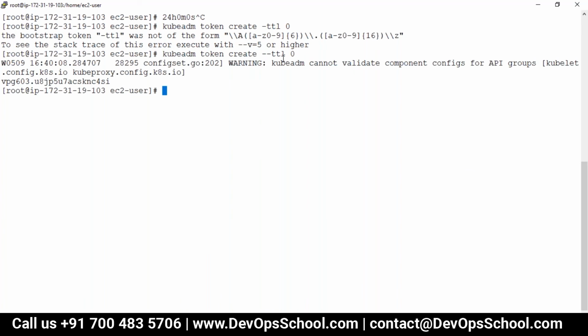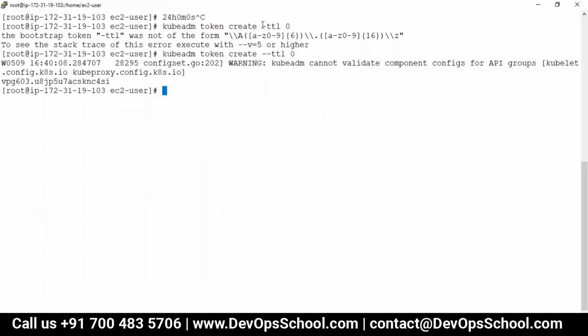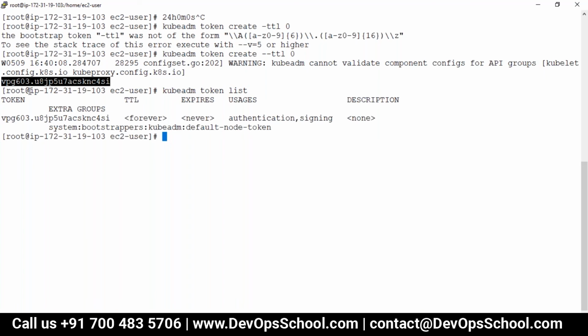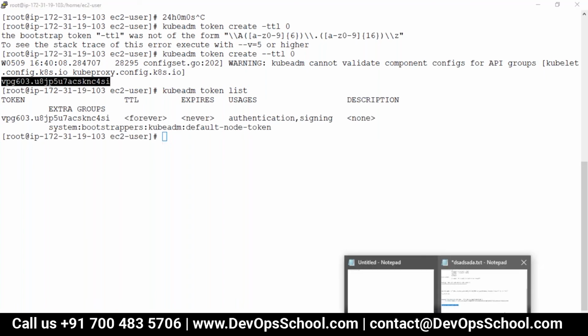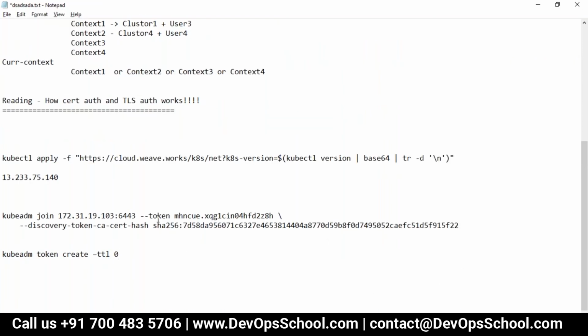Okay, guys. So there was a problem in this command because sometimes what happens, this is the confusion. Sometimes when you copy this, it might have been written with double hyphens, but it has taken a single hyphen, and then here you give the double hyphen, you get it. So this is the token which you can generate. So token list, and you have this token. Now I can use this token. The token is forever. TTL is forever. So here I will just replace this token,